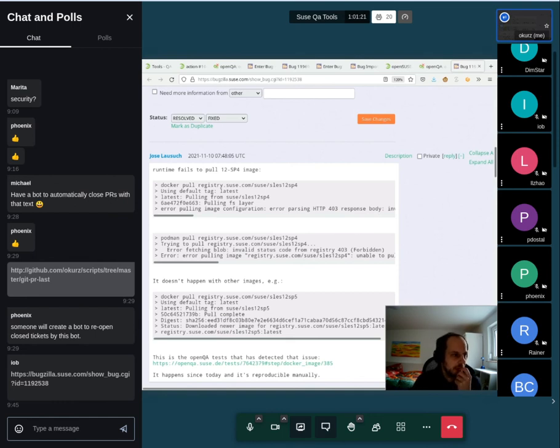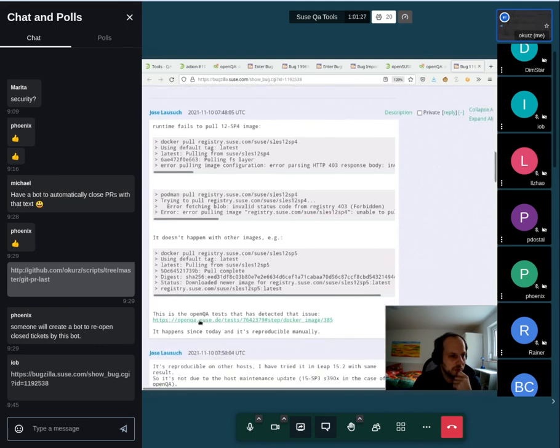And it starts with runtime fails to pull this, and this is the OpenQA test that has detected the issue. And Yanis, you're saying that this is more helpful? This is more simple to see, oh, I have the same problem. Also, by that, you can find more easily what